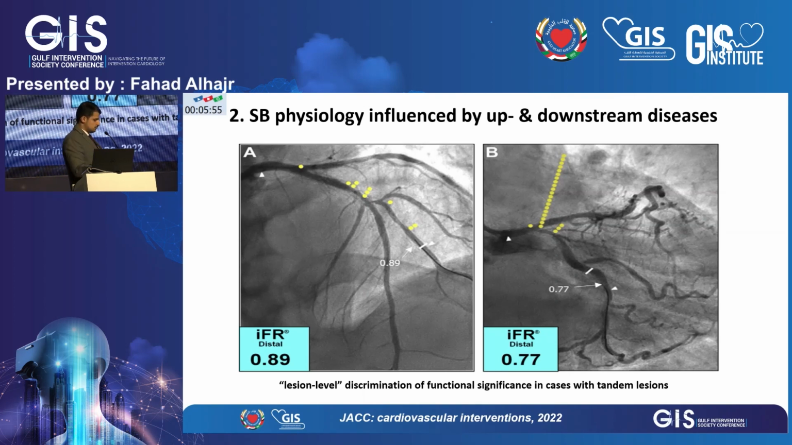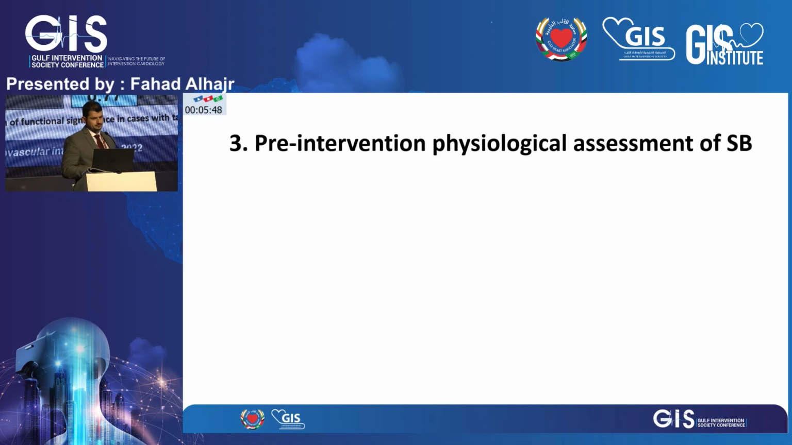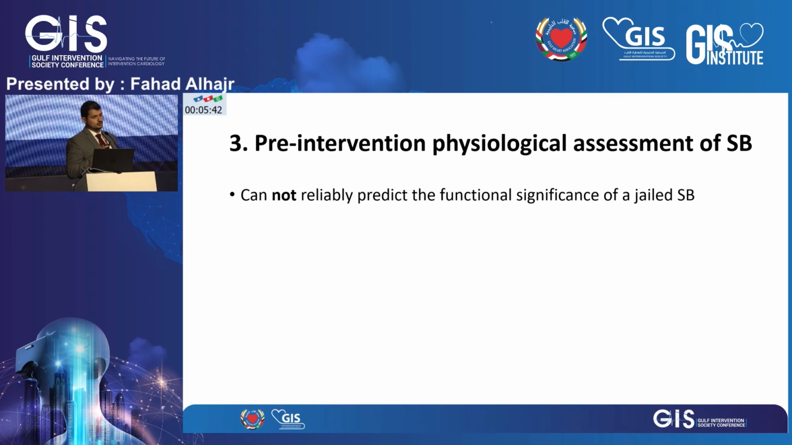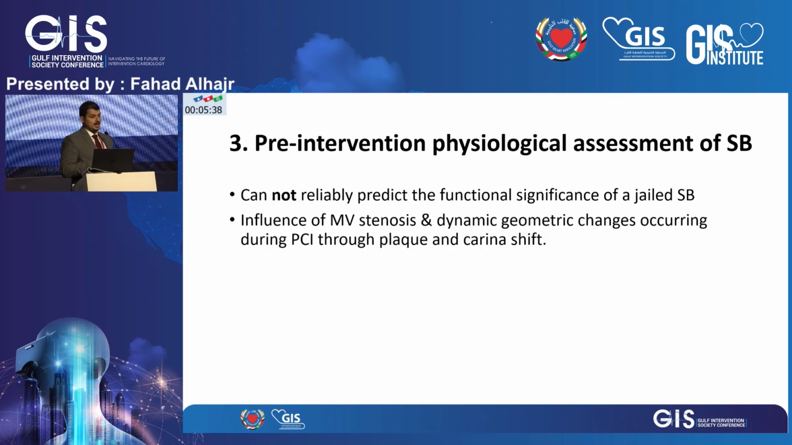So this is something you have to consider, and you have to discriminate between lesions, especially the tandem lesions. The third concept is the pre-intervention physiology assessment of the side branch. Usually, you cannot reliably predict the functional significance of a jailed side branch. And this will be affected, as we say, by the main vessel stenosis and the geometrical changes with the carina